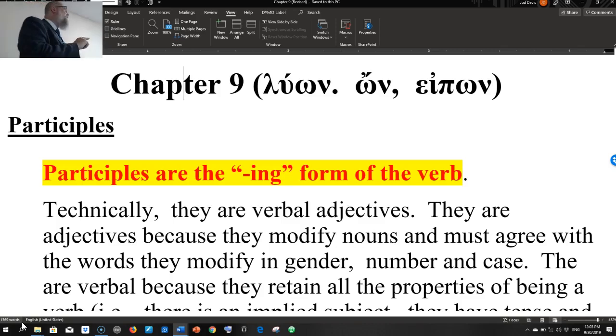Okay, think of this sentence though. The man painting the fence falling down is my uncle. What is falling down modifying? The man. It's ambiguous in English. Is it the man or is it the fence? It's either or at that point. In English, it's unclear. In Greek, it's crystal clear because